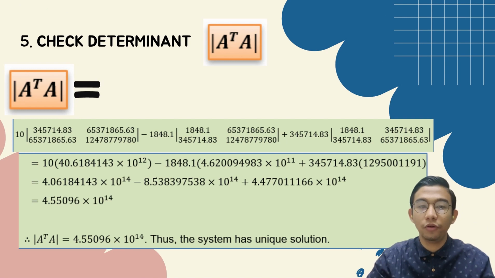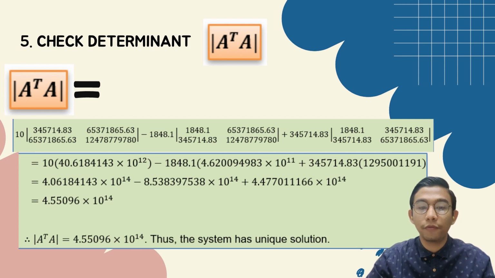So I'm going to continue with the solution, or the process, of the least squares solution in order to find the equation of the best quadratic curve. We check the determinant of A transpose A, which is to find the type of solution from the normal system that we got before. As shown by the slide, the value that we get from the determinant of A transpose A,